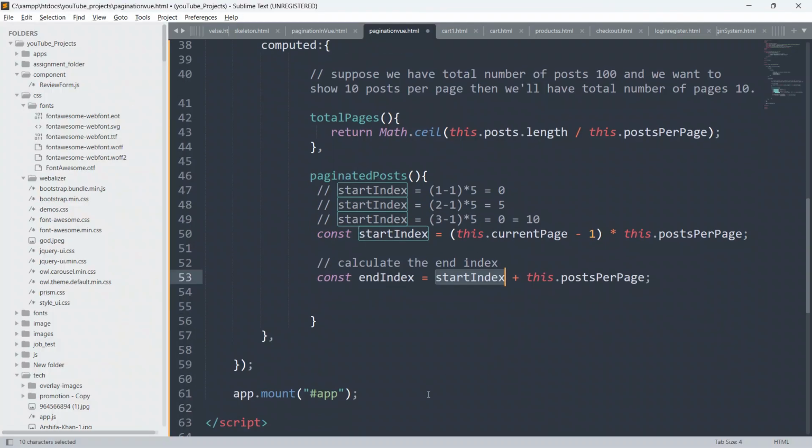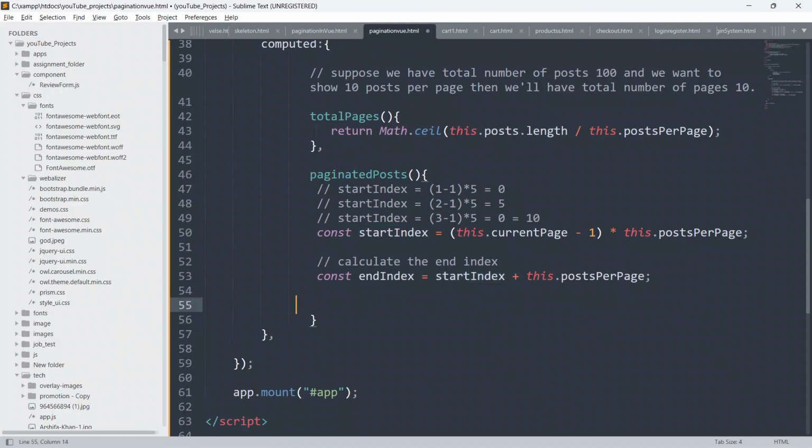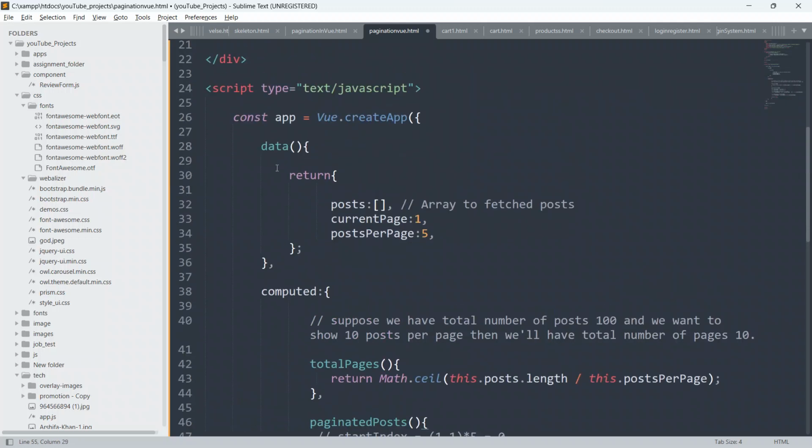So now we will just return each and everything from this function, paginated post. So we will say here return, and I'll say this dot post. I will just store, guys, inside this post array.